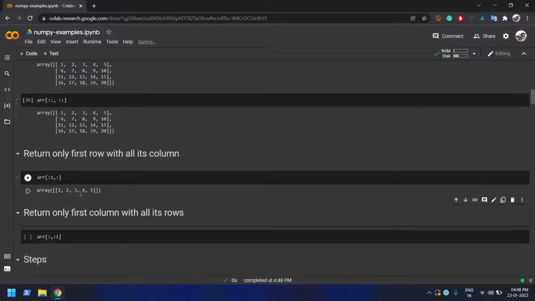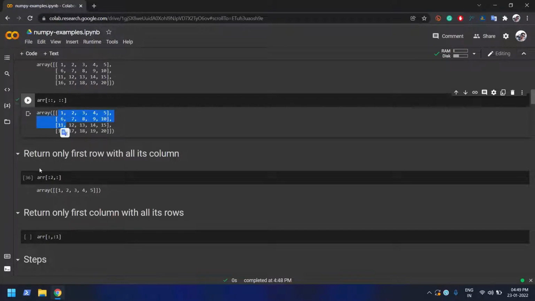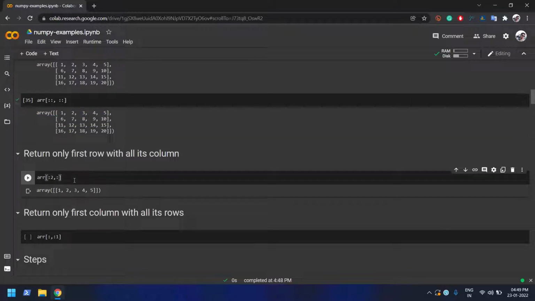You can say it's printed 1 2 3 4 5. Let's say you want the first 2 rows, instead of 1, so you simply say 2 here. This 2 is not like 1 and then 2. No, index starts from 0. So 0, 1, and then 2, that is excluding 2. So that is why it's printing